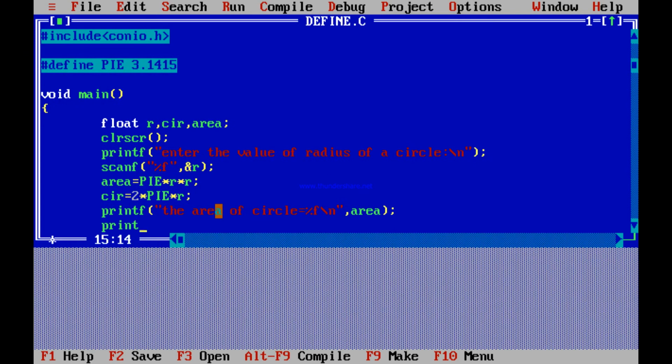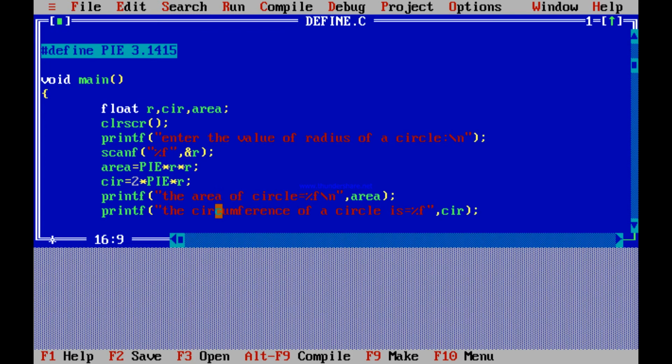Again we'll print the same for circumference: "the circumference of a circle is", and again %f because it is a float value. Now we'll read the value of circumference from the main memory, that is cir.